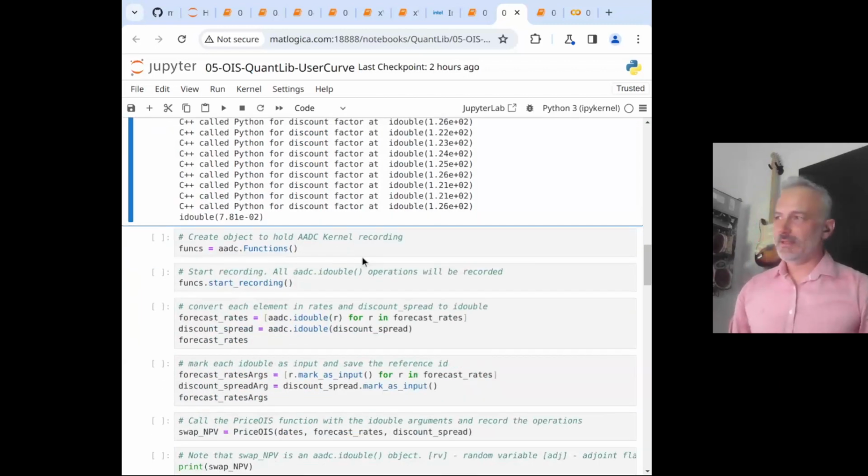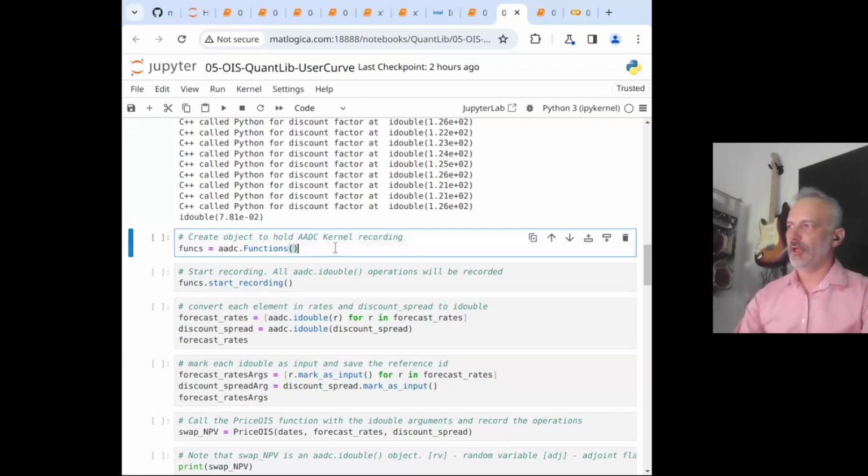So you may say it's nothing to do with ADC. Yes, it's not really something to do with ADC. We just have tooling that allows you to do it with your Quant libraries. And we also want to demonstrate that recording still works, right? You can still work out all the dependencies from inputs to outputs.